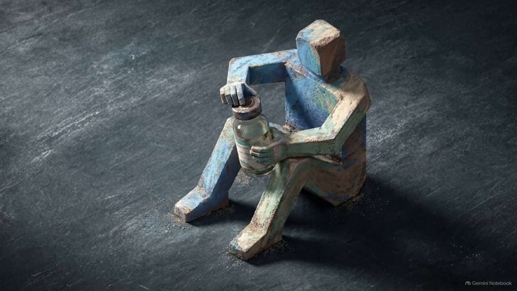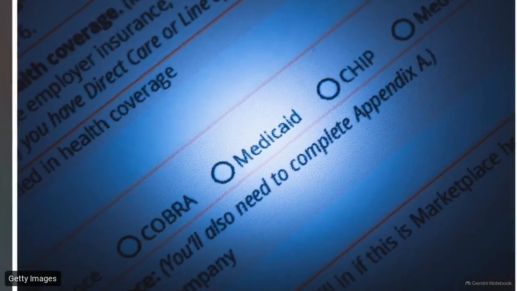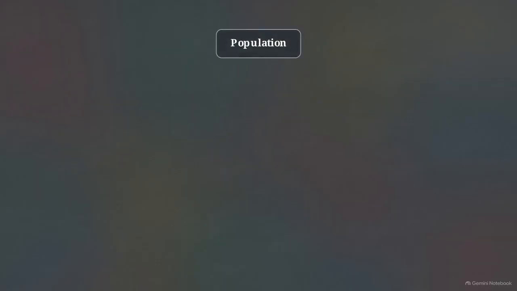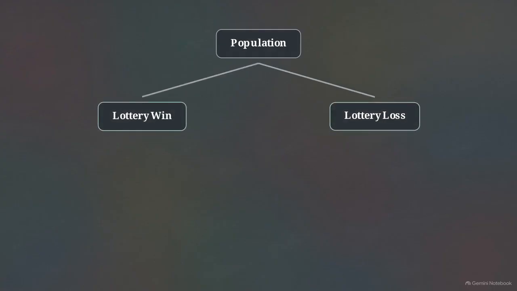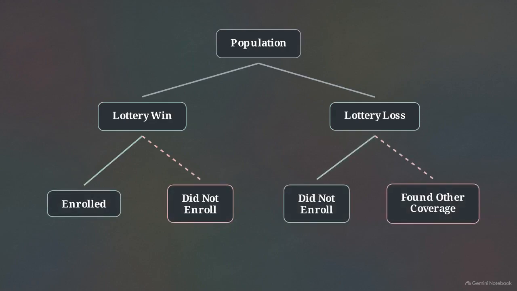But randomization only protects the baseline conditions before the trial begins. The moment an experiment relies on human behavior, choices intervene and reintroduce confounding. We can see this clearly in the Oregon health insurance experiment. Oregon didn't force Medicaid on a random set of people. They ran a lottery, an encouragement design, assigning the opportunity to apply. These post-randomization choices broke the clean experimental lines. Some winners never enrolled, and some losers eventually found coverage elsewhere.